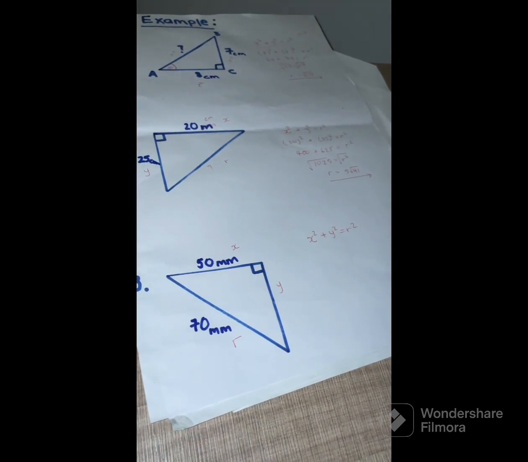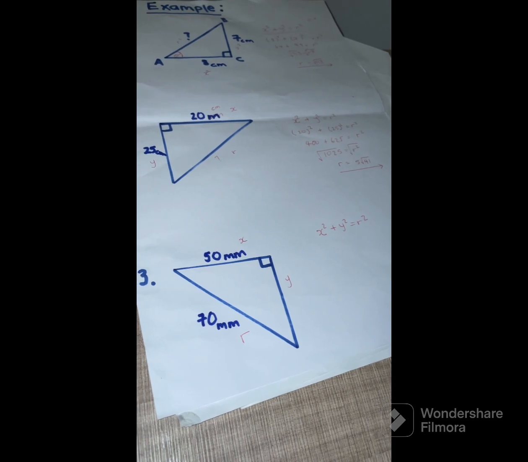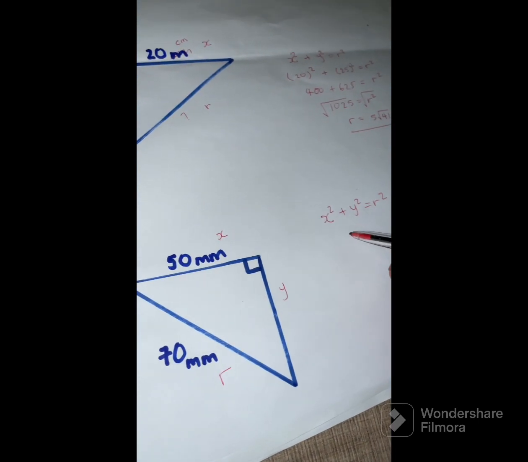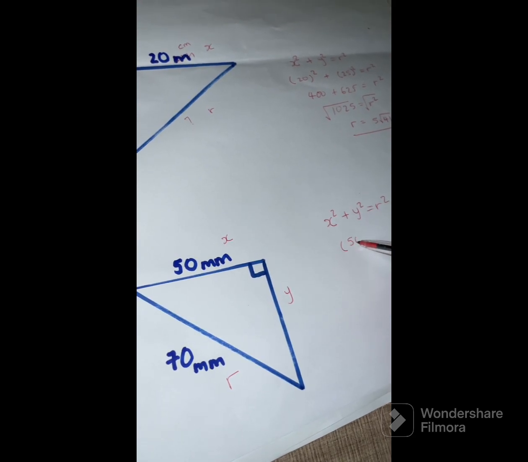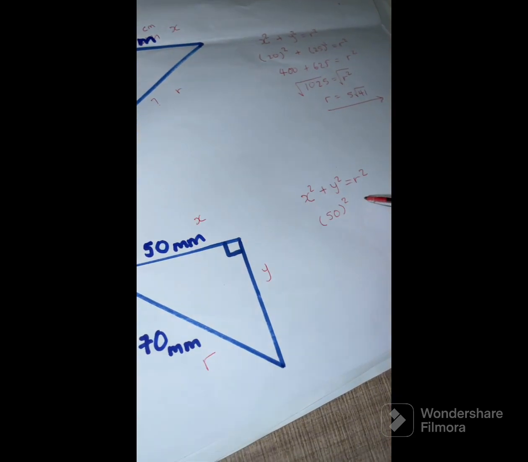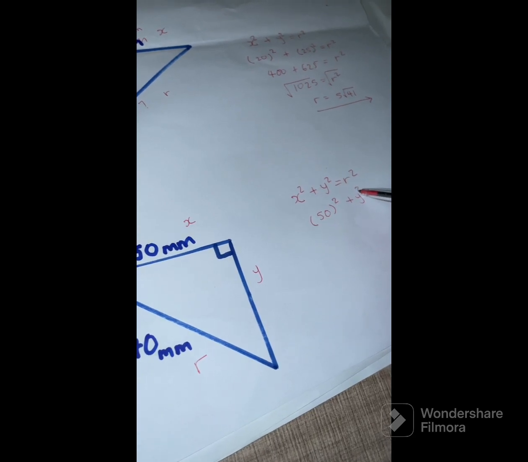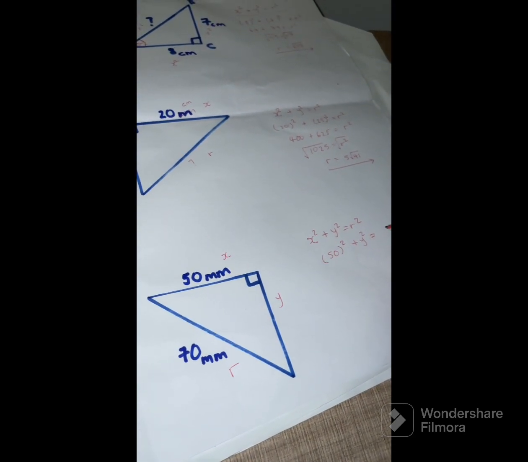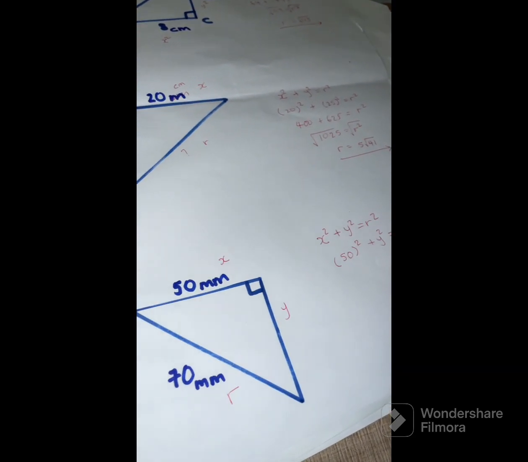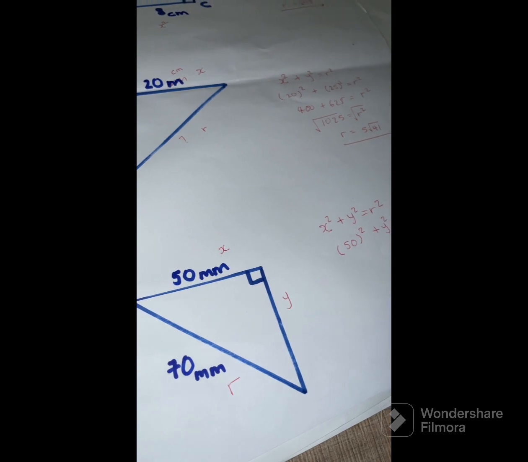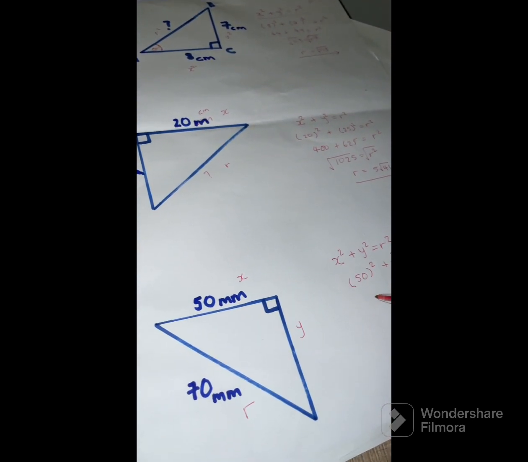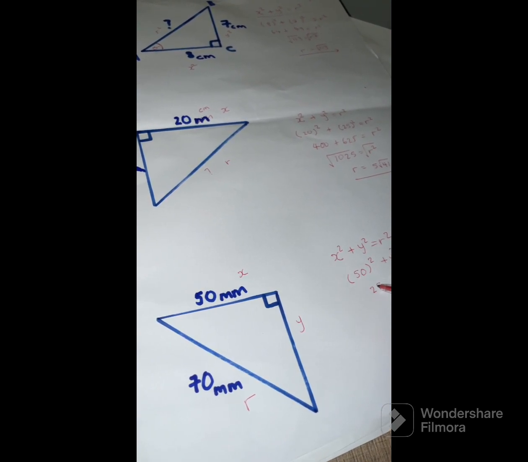Then we start with our x value and insert a 50. Remember to put in those brackets. We do not know our y value, guys, it is what we're looking for, and our hypotenuse side we know is 70, so we insert a 70. So 50 squared is 2500,